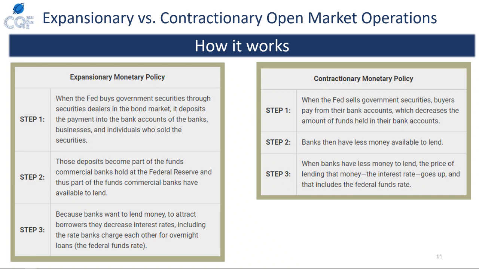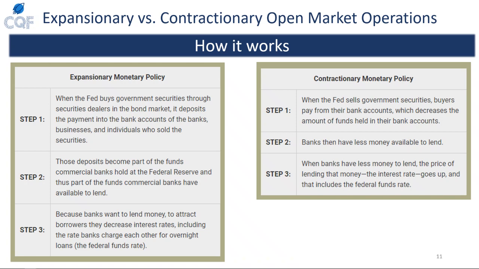They buy government securities, generally from banks. What does this mean? They get the government securities, or the debt, from the banks, and they give banks dollars. So now the banks have more dollars on their balance sheet. And step 2, the banks now can lend more money because they have more dollars to lend. And this is where the rubber hits the road in step 3.